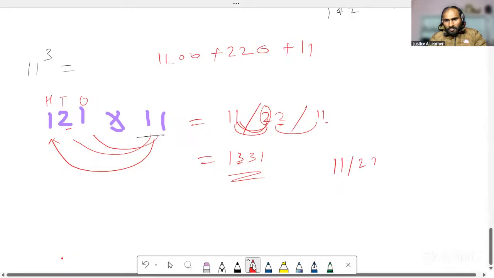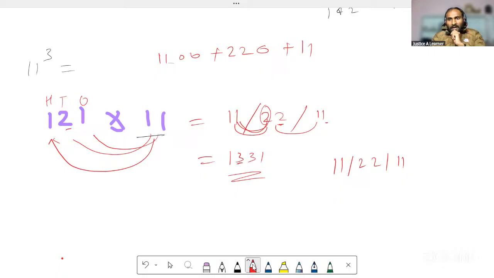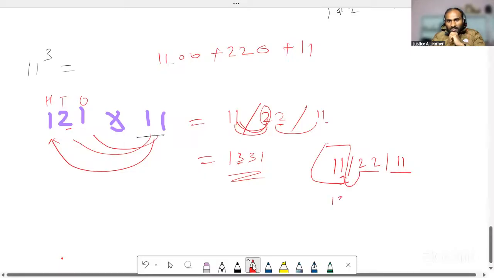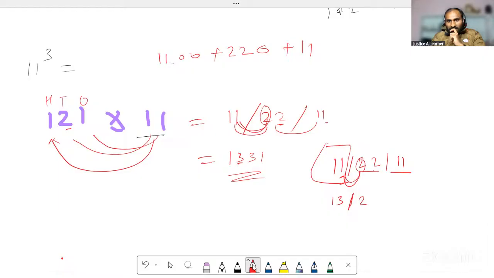11, 22, and 11. So how I see this, the rule says that we cannot hold two digits in each box, but except this one, this last left side we can. So what I would do, I would just give this extra 2 to this number. So it would become 13. Is that true? But still, what is left here? This 2 is left here, right? We have given this 2 to this number, but this 2 is left, right?